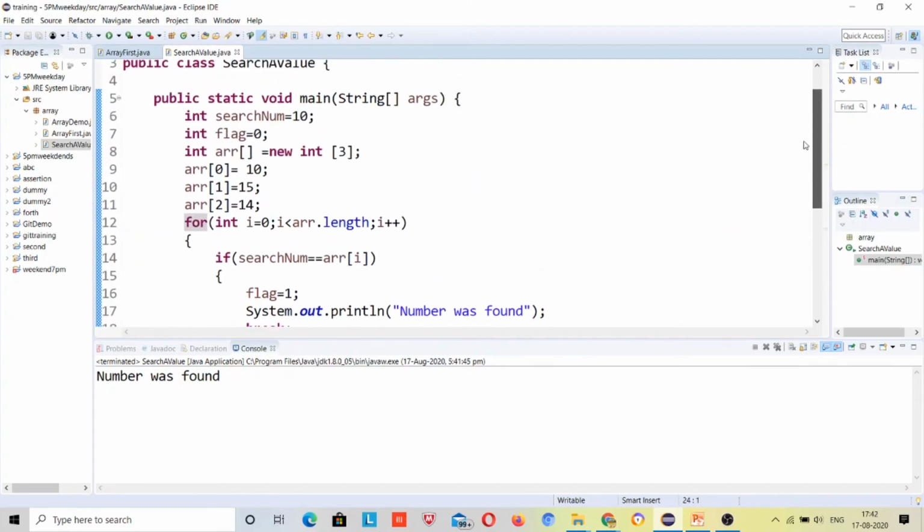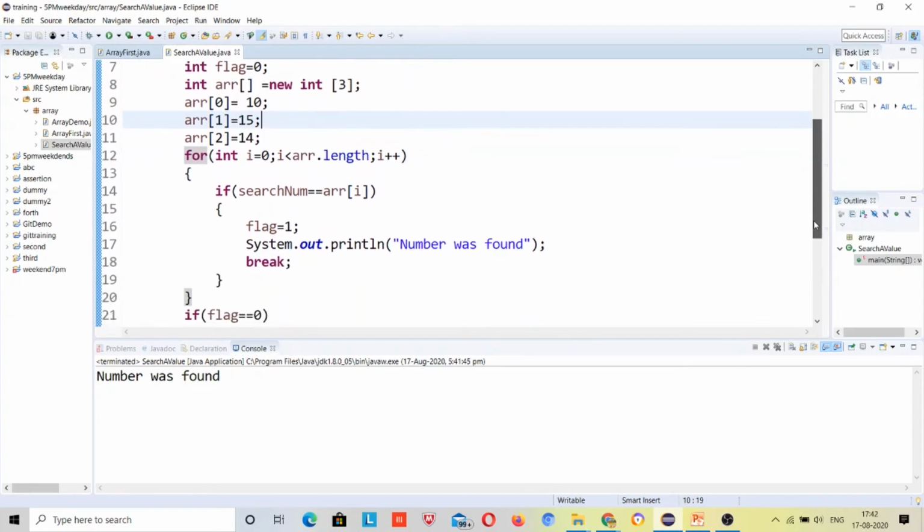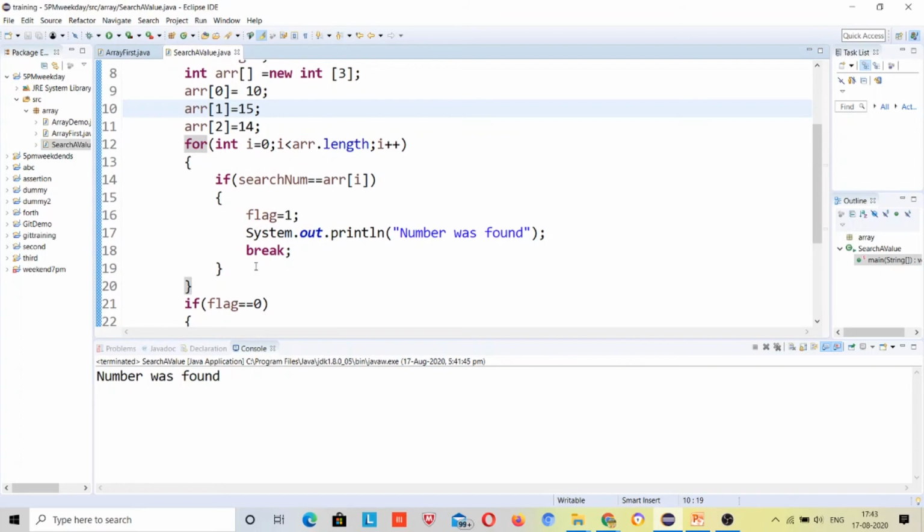So it will not run further for 2 more times, because this loop has to run 3 times. The array length is 3, so it would run for 0, 1, 2. But at the first index it found that the value was found, so it will break out from there, right? So why do we need to run extra times if our desired output was already obtained? We can reduce the number of executions, we reduce 2 times. That is the advantage of this break over here, right?